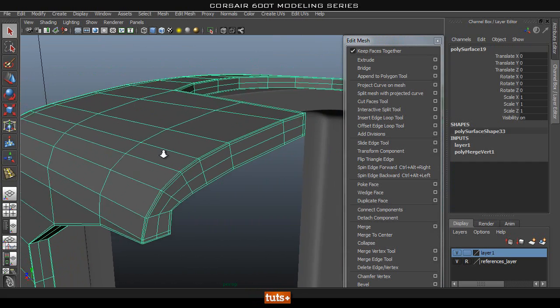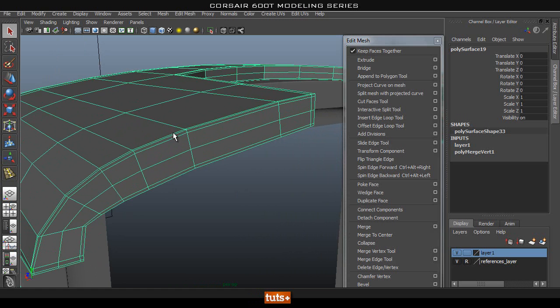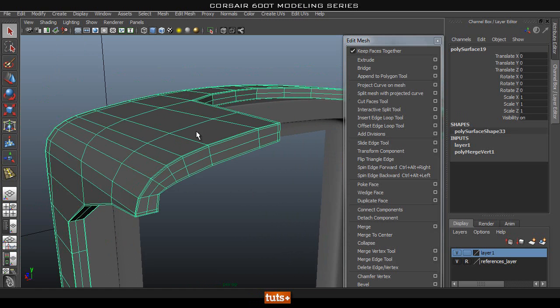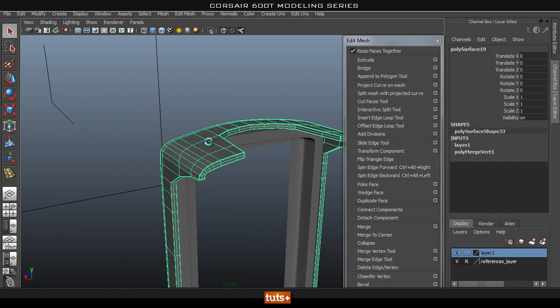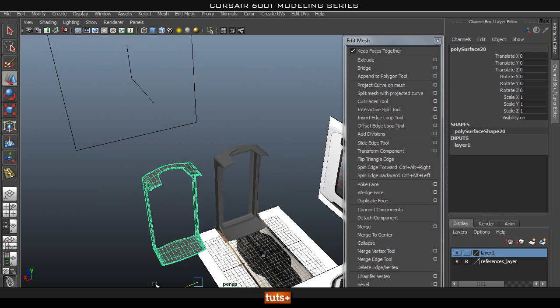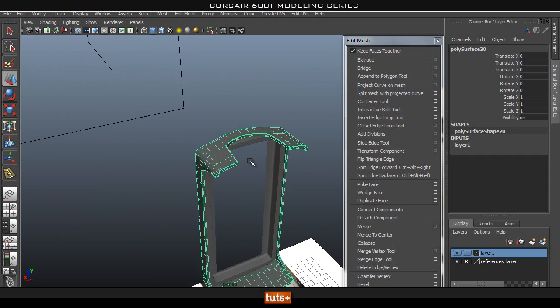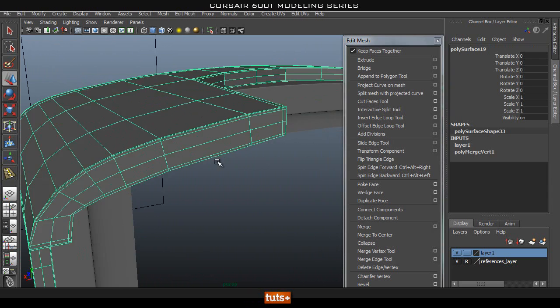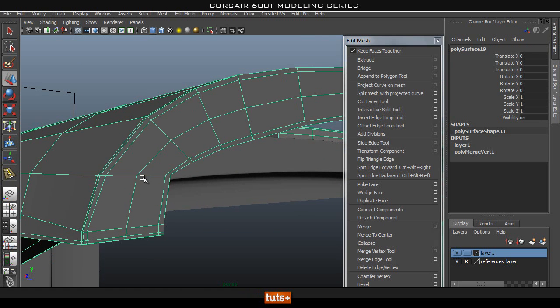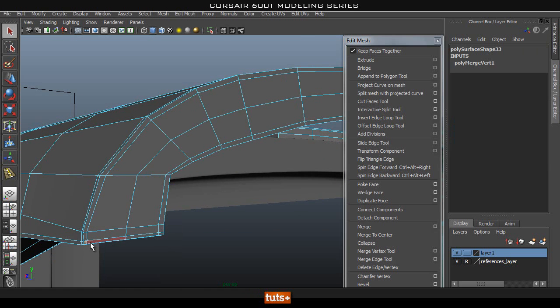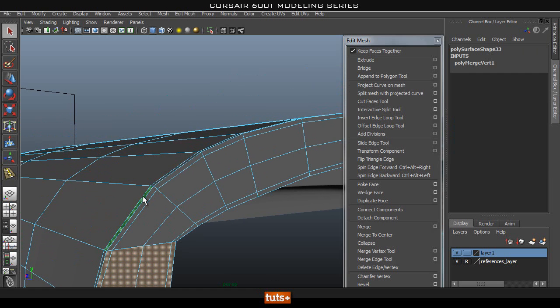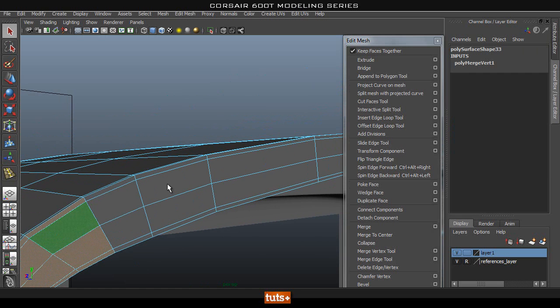Now if we were a bit smarter, what we would have done is, before we added in all these extra edge loops for this case, we would have duplicated it, moved it over and hid it away, and we would be getting the pieces from that. Whereas now that we already added in the edge loops, we have to select all these little faces and so on, so it's a lot more pain. So keep that in mind next time, and I should keep it in mind, but I've forgotten as well. If you do something like this, it's always a good idea to keep a mesh